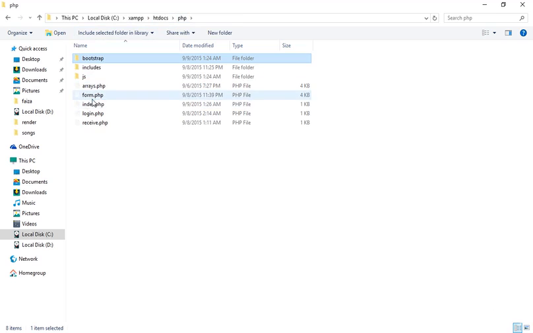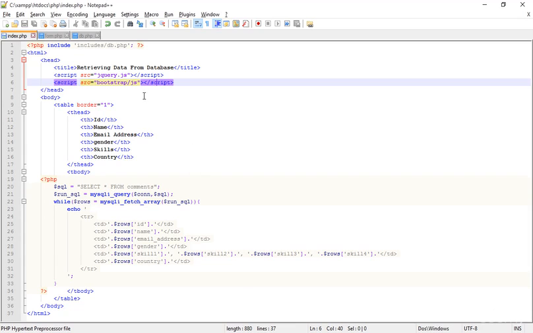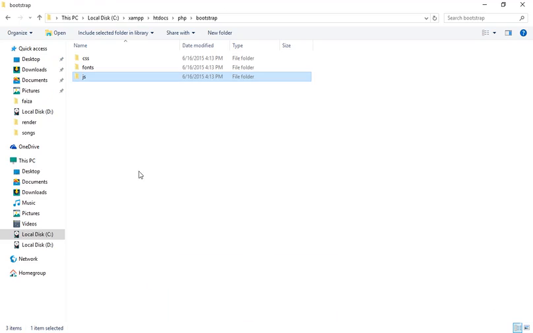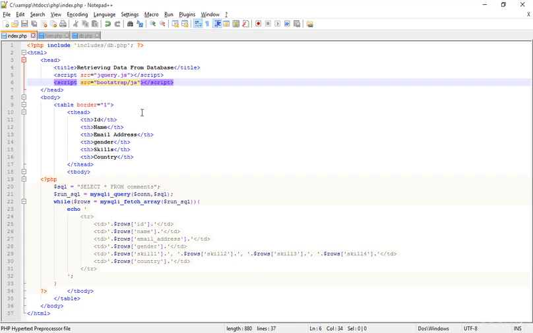I'm in the PHP folder, this is the index file. I'm going inside the bootstrap, and inside the bootstrap, the JS. I just mentioned the JS here. I'm going inside the JS by double clicking, and now I just have to mention this bootstrap. Go back to the notepad and type slash